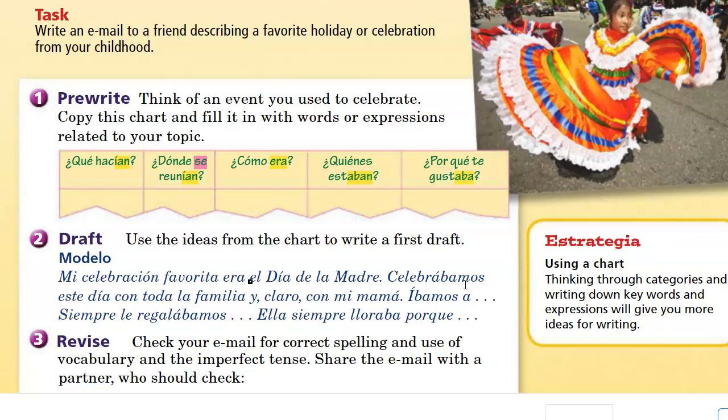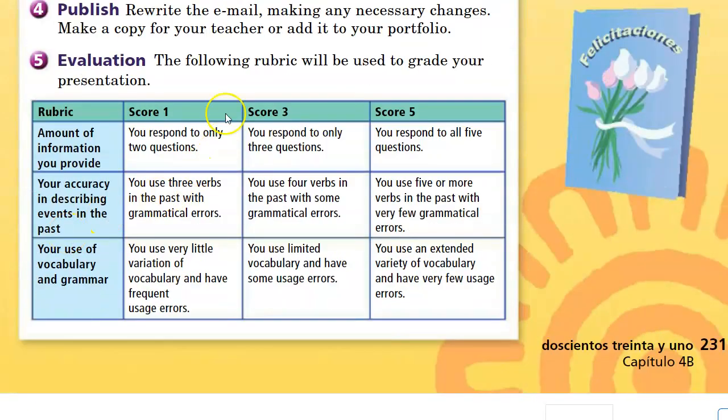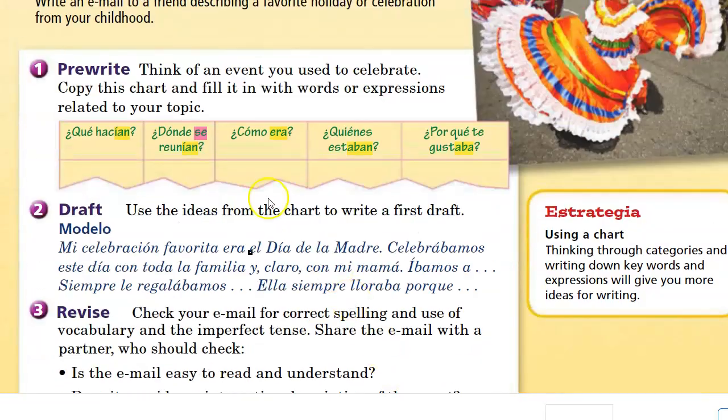Comíamos mucha comida. Cocinábamos. Bailábamos. Cantábamos. Probably in the nosotros form. Your verb would be in the imperfect to say what you guys used to do. Give me at least one verb in the imperfect. Now you'll need 5 verbs in the imperfect, and you'll end up having that in your responses to all 5 questions. So one verb is totally fine, although you're welcome to do more, to say one thing at the very least that you used to do to celebrate that holiday.